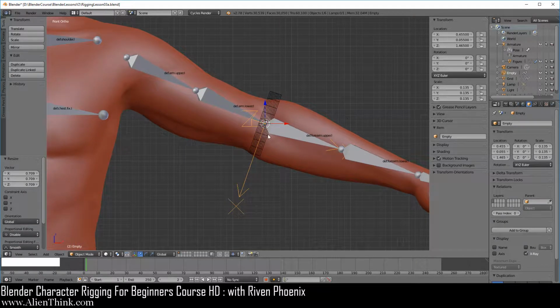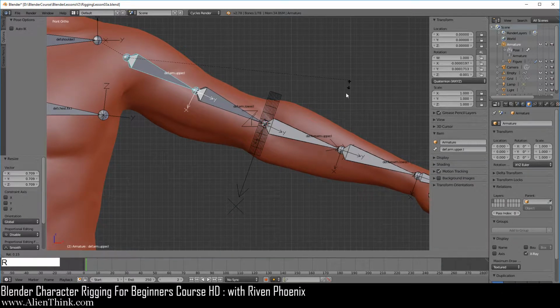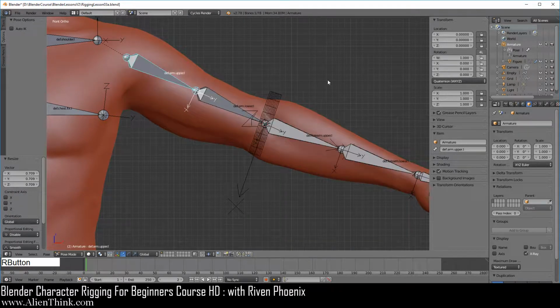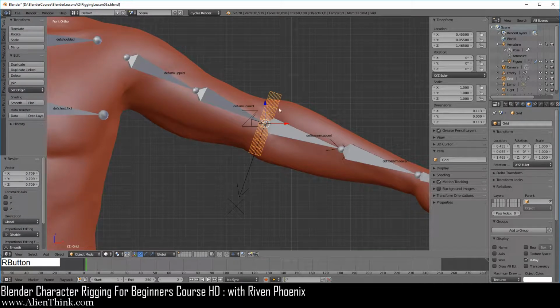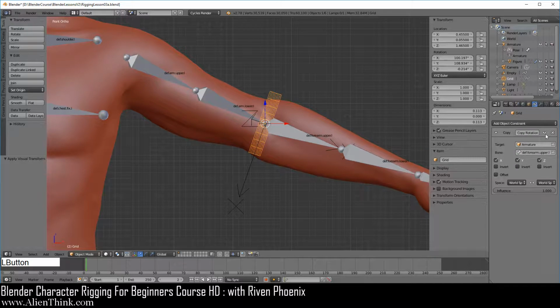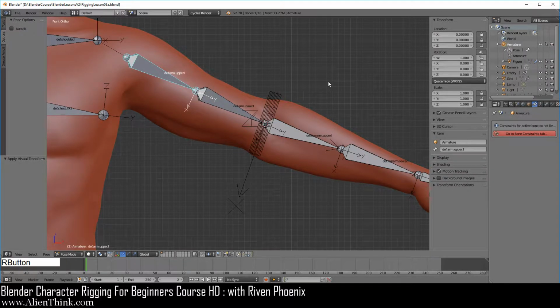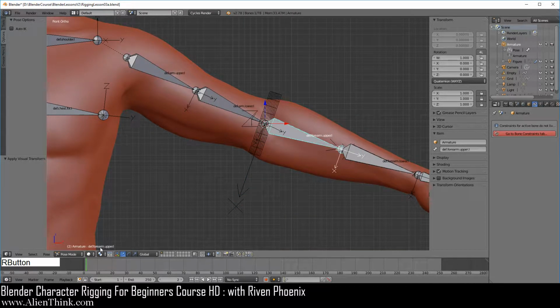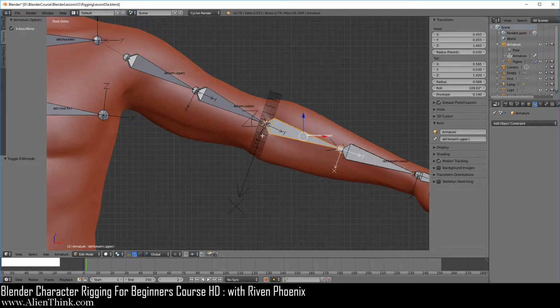Now over here, what I want to show you is that when you click over here on this bone and press the R key, you'll see that the grid is not moving with it, and that's exactly what we want. So what we're going to do is click on this grid and do Control A and do Visual Transform, go to the constraints and turn this off. We're going to click this and press the R key, so it should stay put. This is because this bone in edit mode, right, the local coordinate system will always stay here. It's not going to move, right?